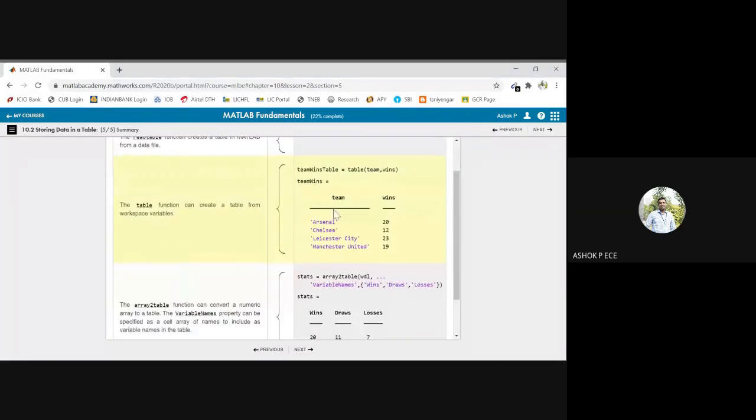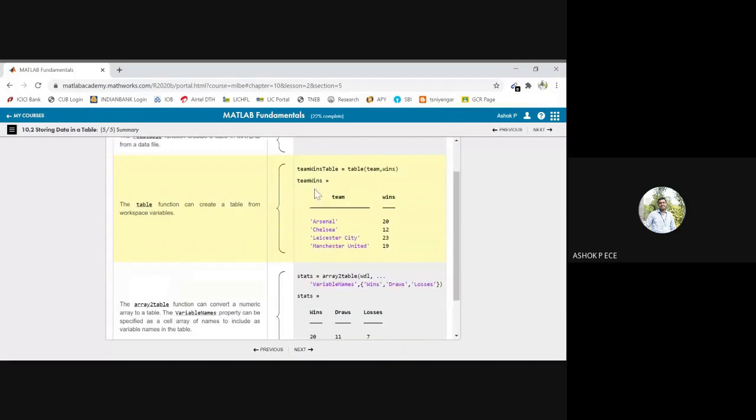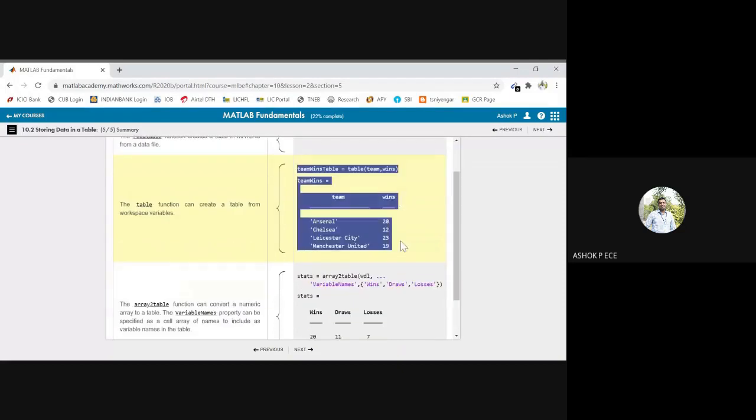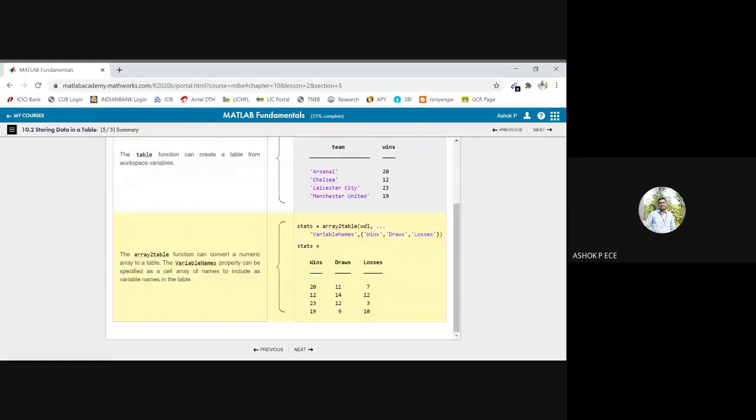Summary is, we have used the readtable command and we have got this table into MATLAB. Then I can easily concatenate two variables and I can create my own table and I can change the column names as I like, using wins, draws, and losses as the example shown here, using the property of variable names. Okay, I think it is clear. So the summary is shown here. I think we might